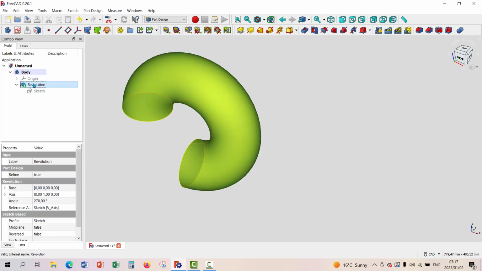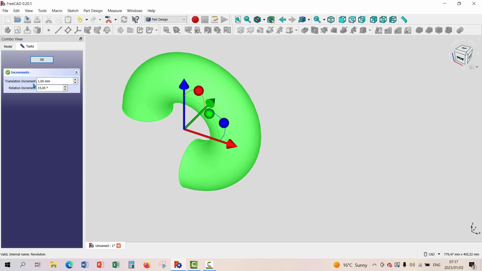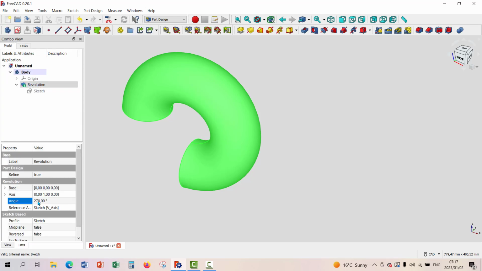You can go back to revolution, and you can see that's your revolution. Rotation increments 15 degrees, translation. Let's just do this a little bit and see what happens. Okay, so your revolution increments is how far it's going to change when you make a click. Okay, there we go. There's our angle. We can again change the angle here, so you can see we can say it's 300 degrees now. Enter, there you go. So this is what we do with a circle under conditions that we want to do